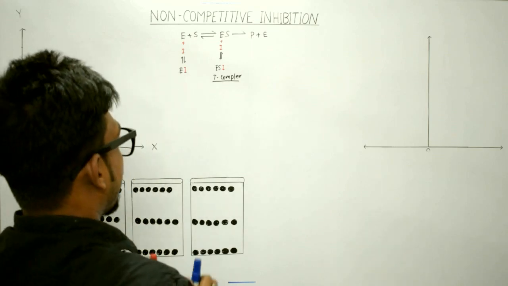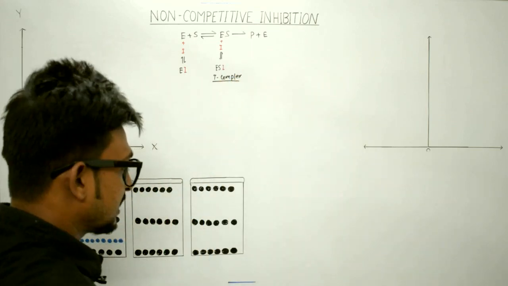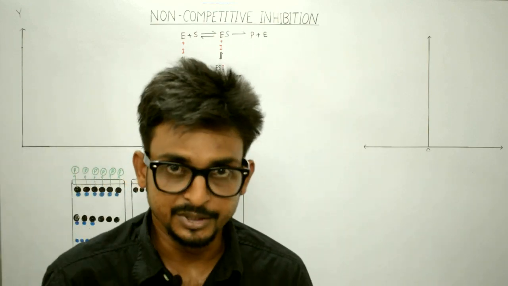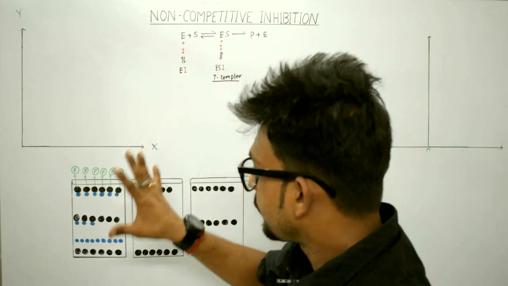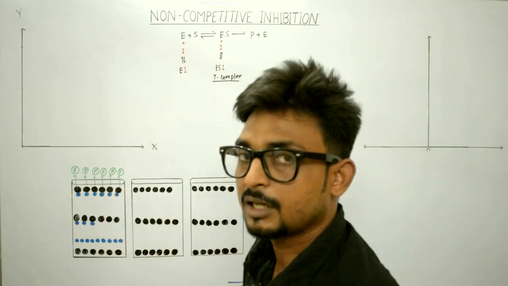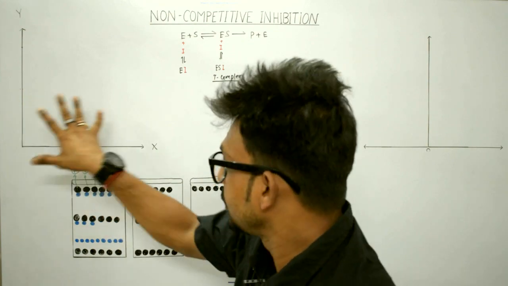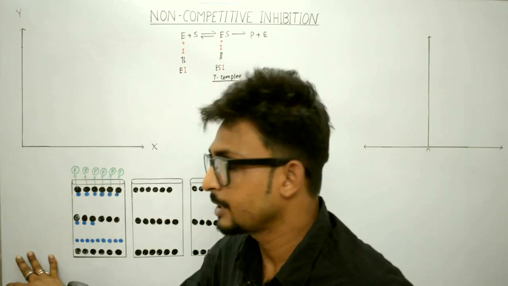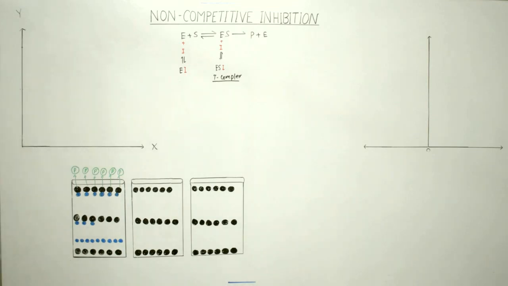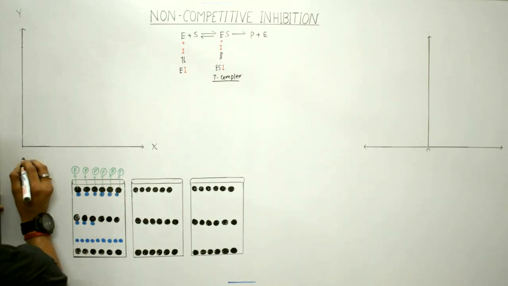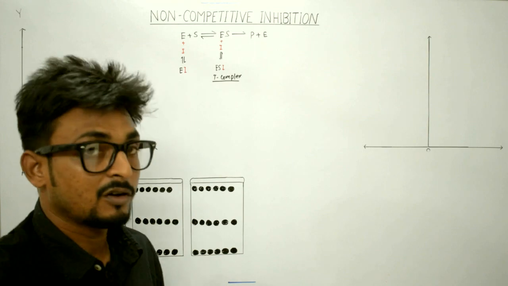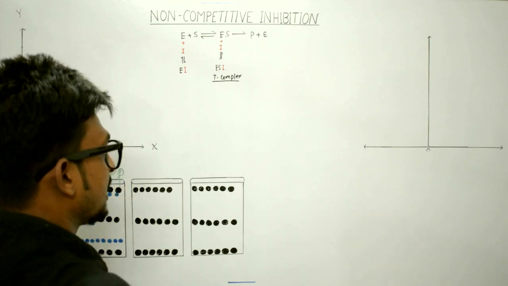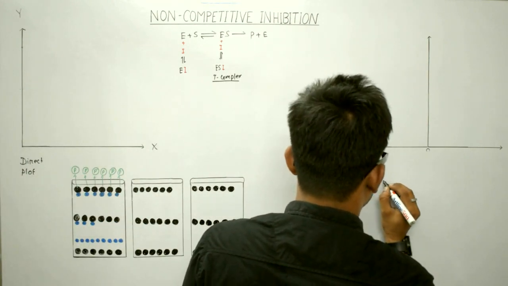Okay, and if we look at this kind of reaction in different reaction media, then we can see a particular phenomenon that I will show you. First I will show you the normal enzymatic reaction, with two types of graphs. This is the direct plot, where we can depict the graph of the Michaelis-Menten equation,